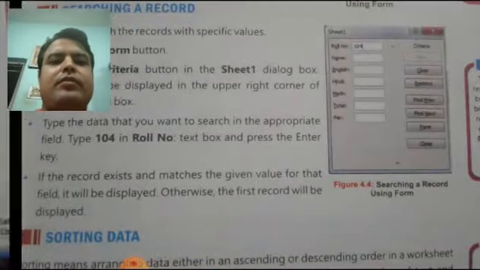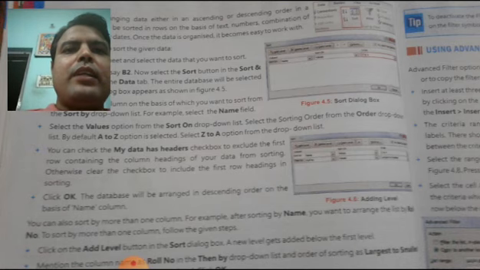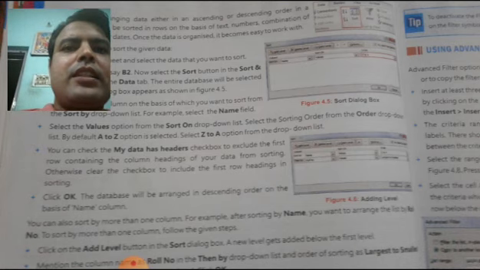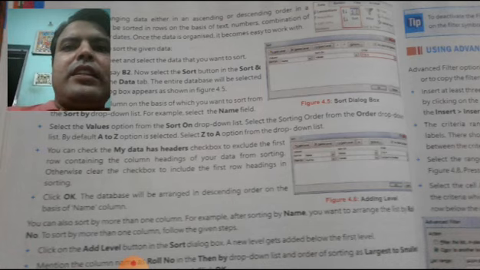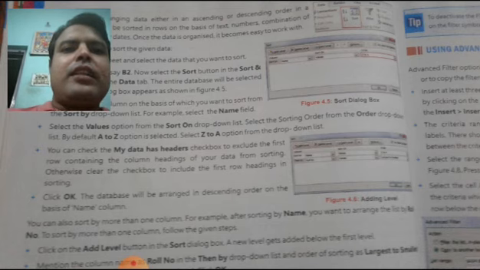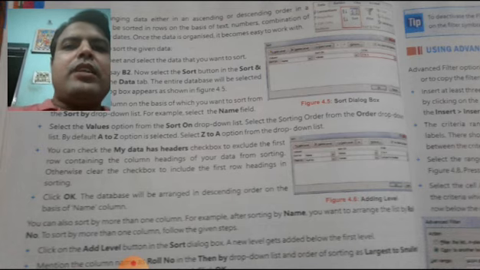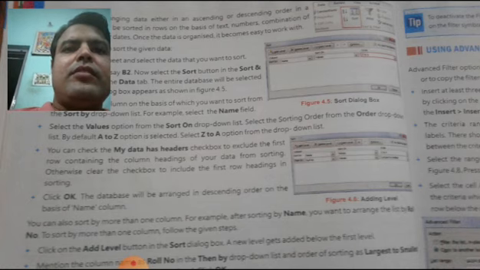The next is filtering data. Microsoft Excel provides us several ways to analyze data in the table. Filtering data is one of them. As the name suggests, it filters out the desired record that we want to see and hides the rest of the records temporarily from the view. Records are filtered to display based on a specific criteria. We can do so using autofilter command. We will do its practical during the lab period.